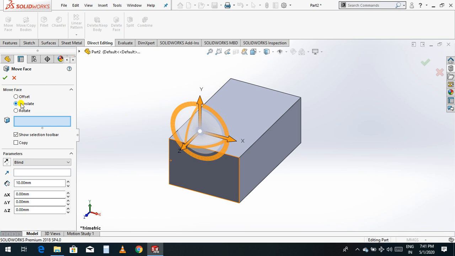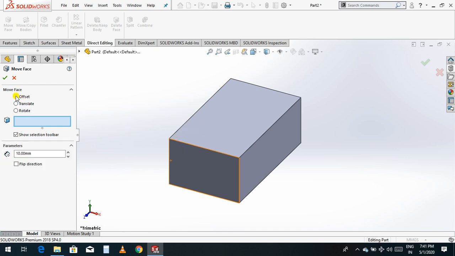And offset means extrude, pull or compress depending on the face. You choose the face, and the offset will extrude depending on your distance.